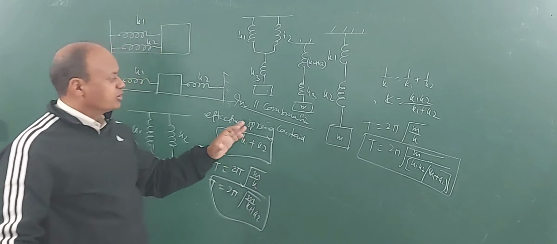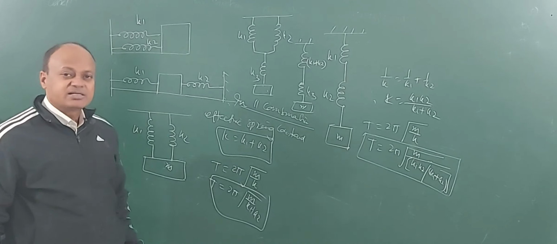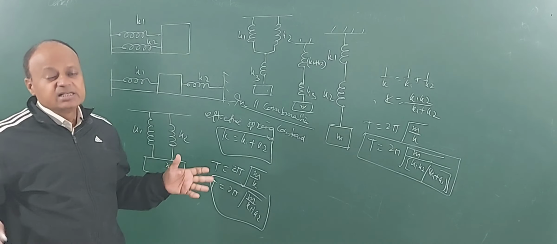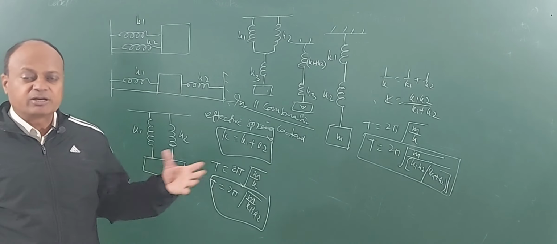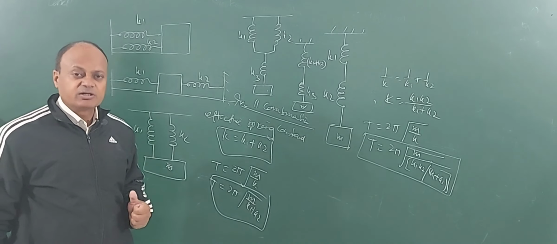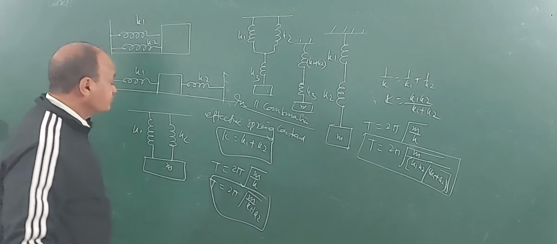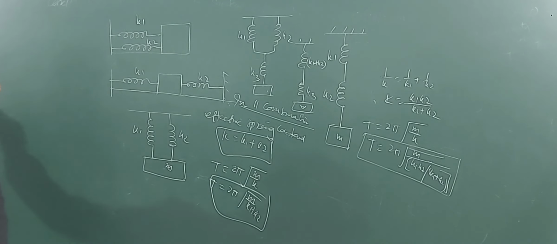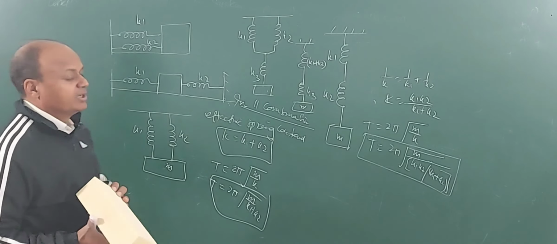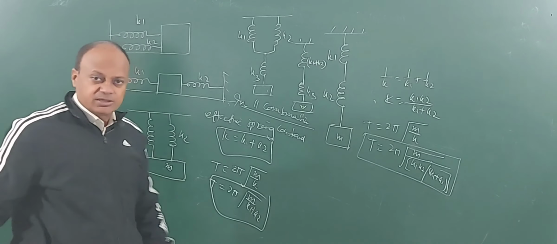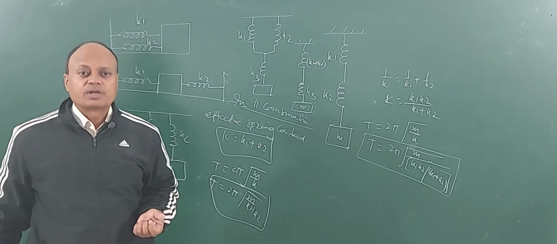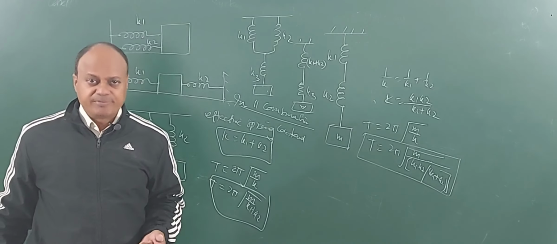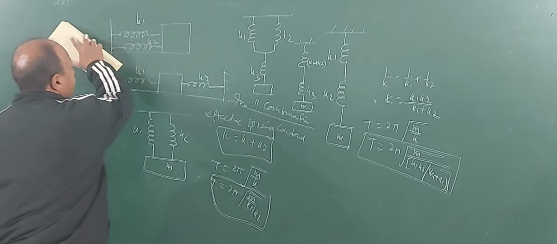Okay. So we saw the oscillations of a mass attached to a spring in various cases, single spring system and also multiple spring system, where combinations could be series as well as what? Parallel. Okay. Now children, we will be seeing oscillations of a simple pendulum. How a simple pendulum oscillates and what is its time period. Okay. Let us see this.